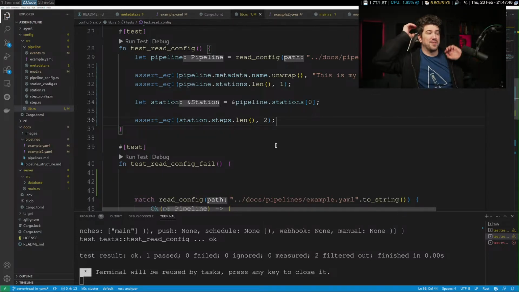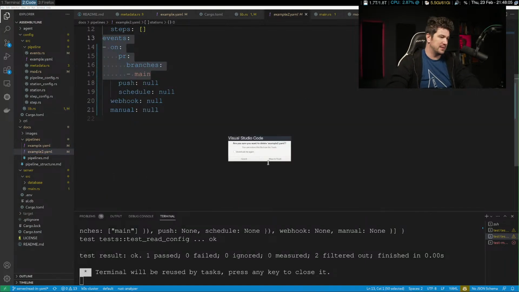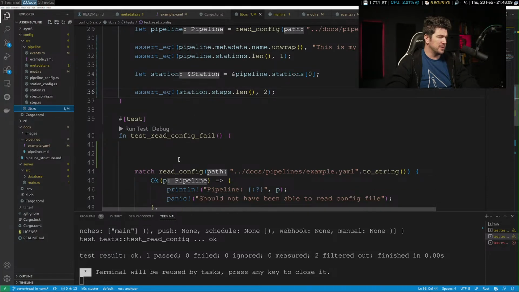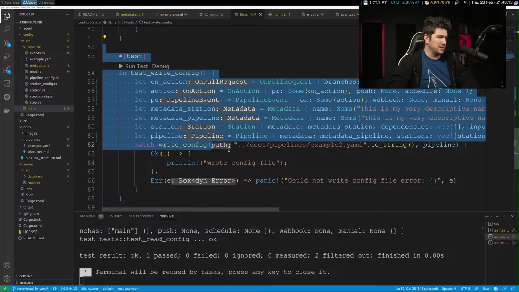Maybe not a perfect test. Testing what you read in from a file is always interesting. What we really need to know is exactly what we find important about the example file, and then that way we're actually testing it. The nice thing is that we will be testing what's in the docs, which is nice. I'm going to delete this. We don't need it. What I'm going to flip over and do, though, is I am going to delete this. We don't need to test the write config.